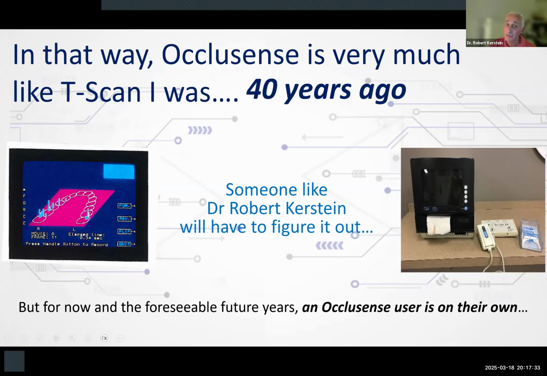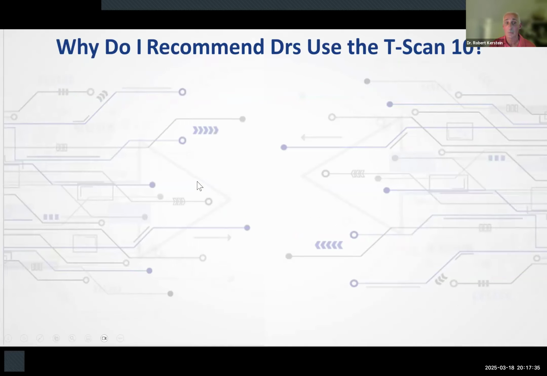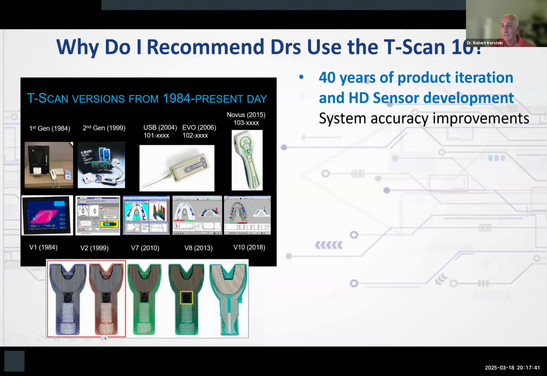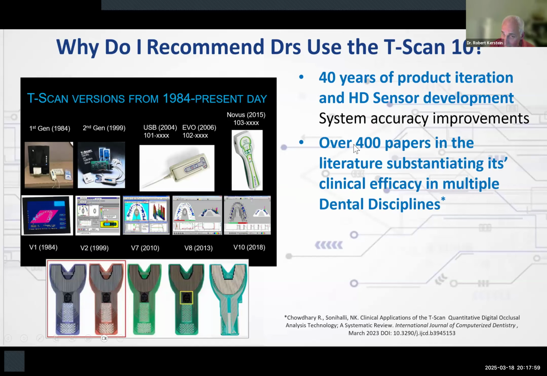T-Scan, you can learn to use it and treat a lot of things, right? So why do I recommend that doctors use the T-Scan 10? Exactly what I was talking about. 40 years of product iteration, multiple generations of sensors. This is the 5th generation of sensor. The HD Novus sensor is highly reproducible, highly accurate, and other hardware and software system accuracy improvements have been made along the way, right? And importantly, there are over 400 papers in the literature substantiating its clinical efficacy in multiple